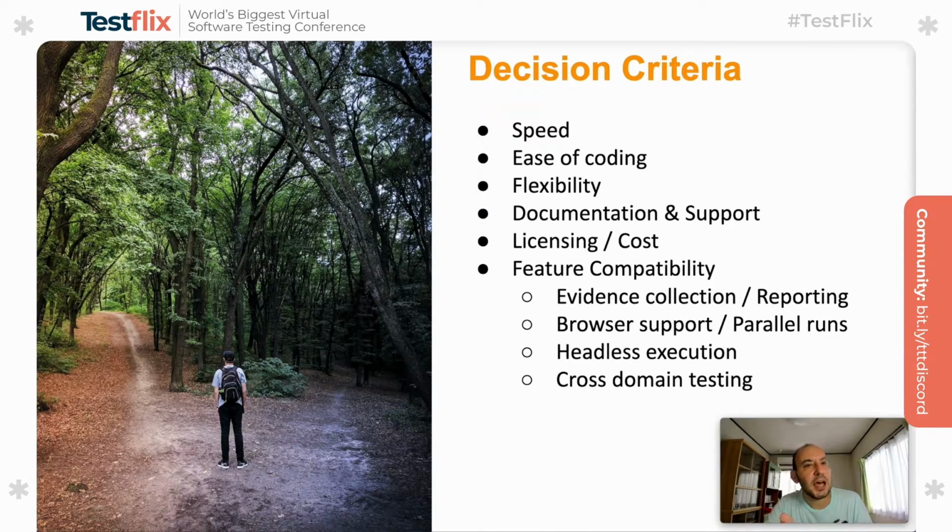For example, sometimes I see some frameworks which do not support different browsers like Safari. It is a little bit challenging, not as easy as Chrome or Firefox. So this can be another decision criterion based on my requirements. If Safari is a browser that I have to cover, then I can consider this as well. So the decision criteria will always be based on my requirements. What are my priorities? What are my requirements? What am I supposed to cover? This will be the baseline. Based on these requirements or priorities, I will build my choice.